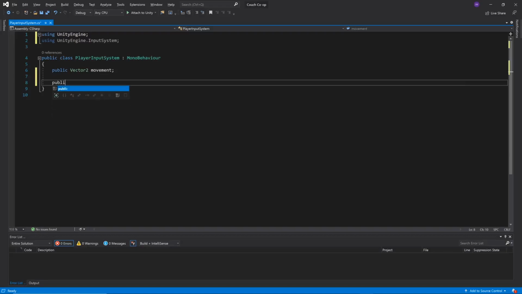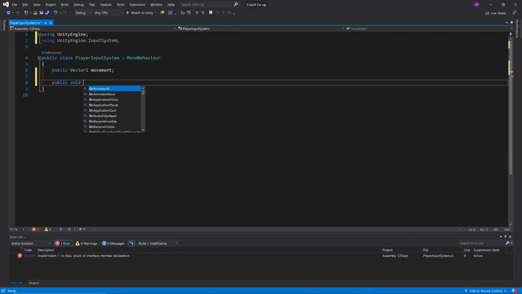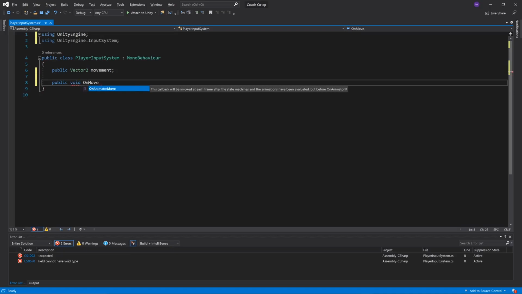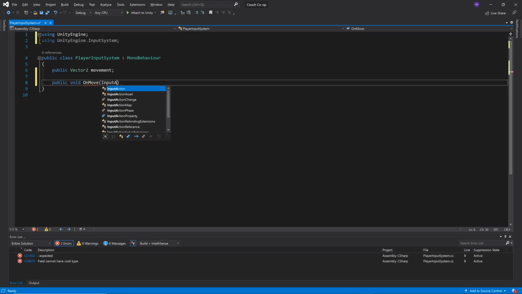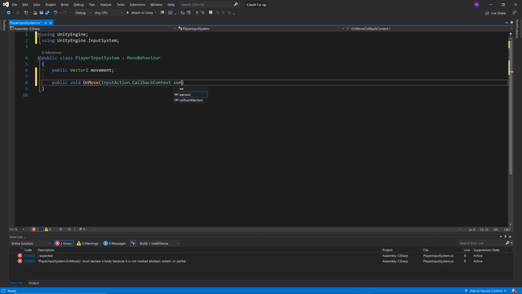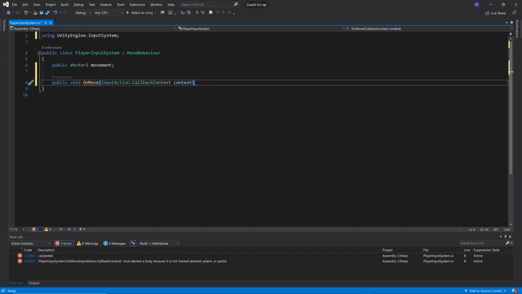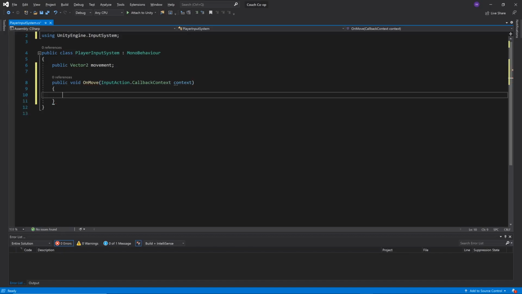So go ahead and make a public void onMove, and if you don't hit escape there, it's going to make onAnimatorMove InputAction.CallbackContext, and we're just going to name that context. And what this is going to give us the ability to do is look at that context game object. And so what we're doing is anytime the onMove is triggered, we're going to perform what is in these